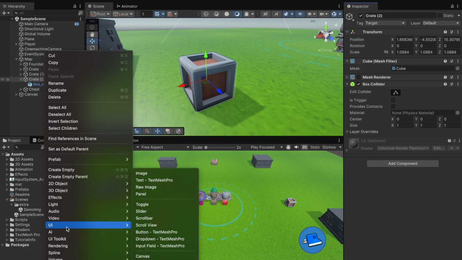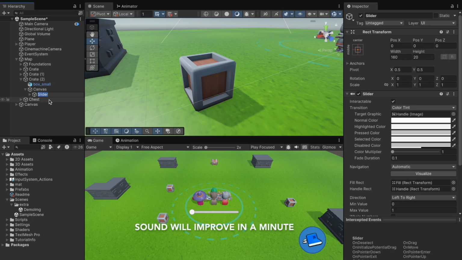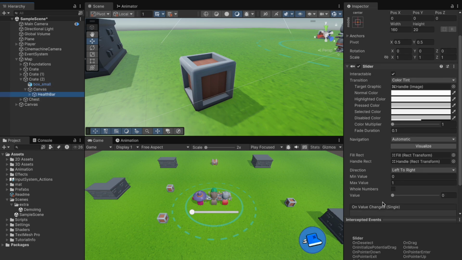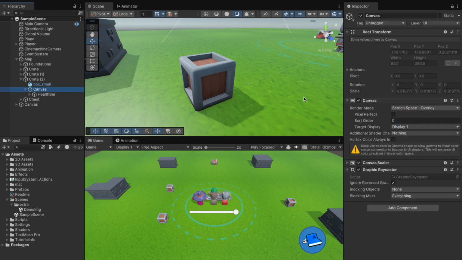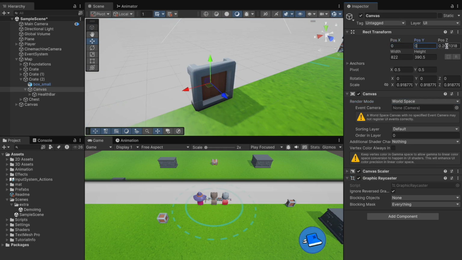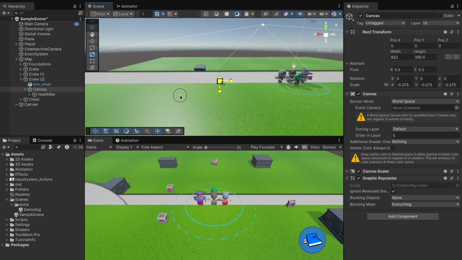So first thing I'm going to do is go to UI and add a slider. So we're going to use this slider as a health bar. I'll name it health bar itself. And here you can see in the slider, there's a value that can be used as a health bar. I'll set one as default value for now. Let's also make this canvas a world space canvas, and now it can be repositioned. Let's also scale the canvas down